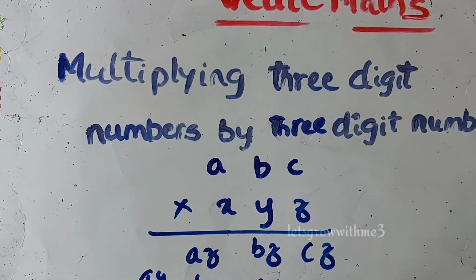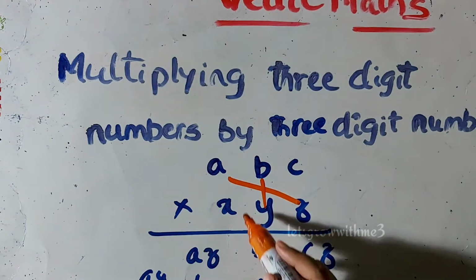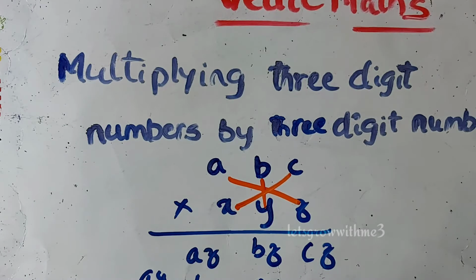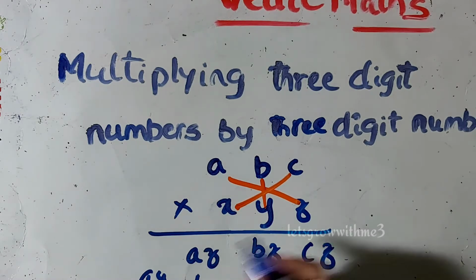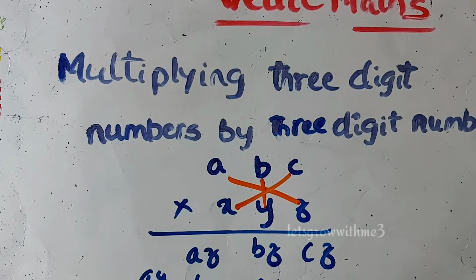Then we do the addition. The leftmost and rightmost values are the same as in our earlier videos: straight multiplications AX and CZ. The next part is a bit different, but between the left part and the middle part we have one cross, which is AY plus BX. Sorry, you couldn't see it, but it's okay, I will explain. The next part is AY, BX, and on that side BZ and CY. The middle part is different from other videos. It's a big crisscross: AZ plus CX plus BY.